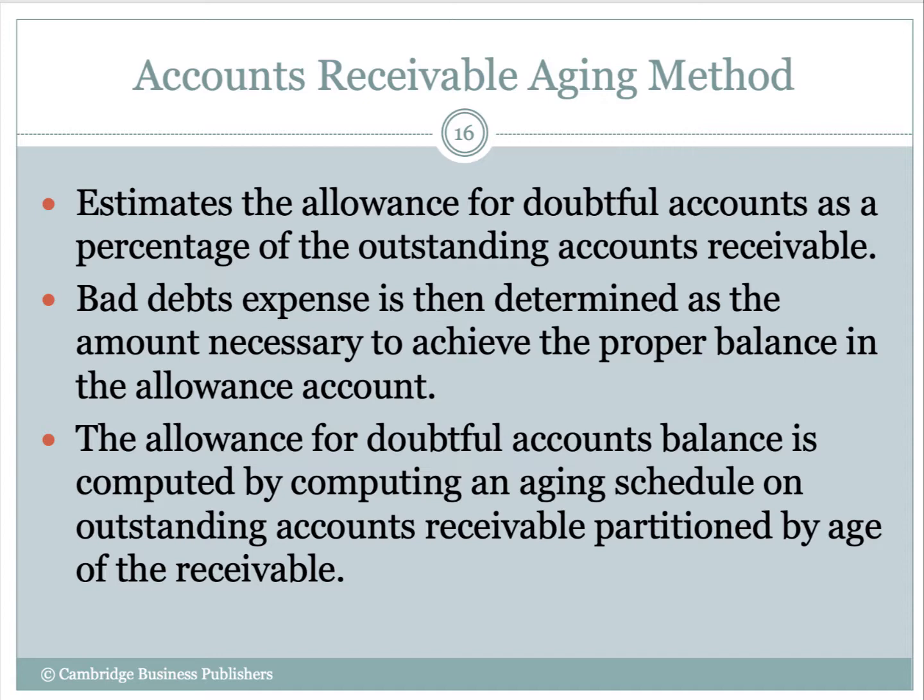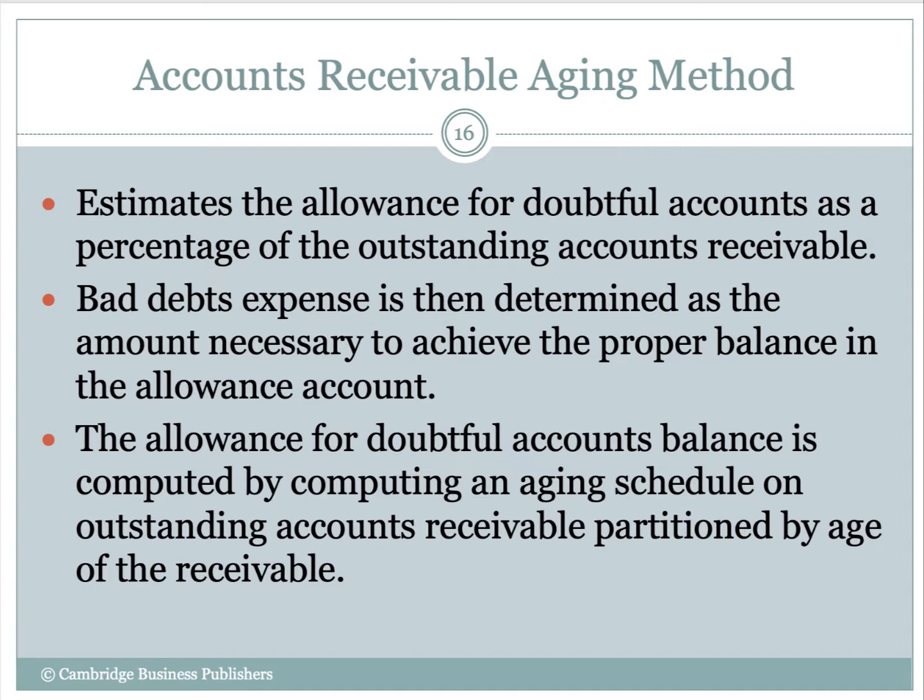So here we're doing it, I guess, sort of backwards, right? In the previous method, we're saying here's our credit sales, 3% of these, 4%, whatever past performance dictates. We're going to use that percentage, multiply them out. That's the expense, right? Here, by using the aging receivables, we're doing it a little differently, right? The bad debt expense is determined by the allowance account, or what balance do we need to achieve for the allowance account,